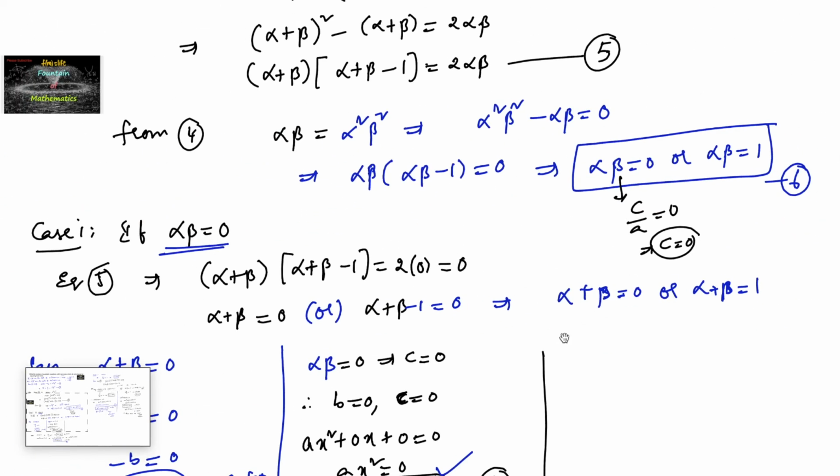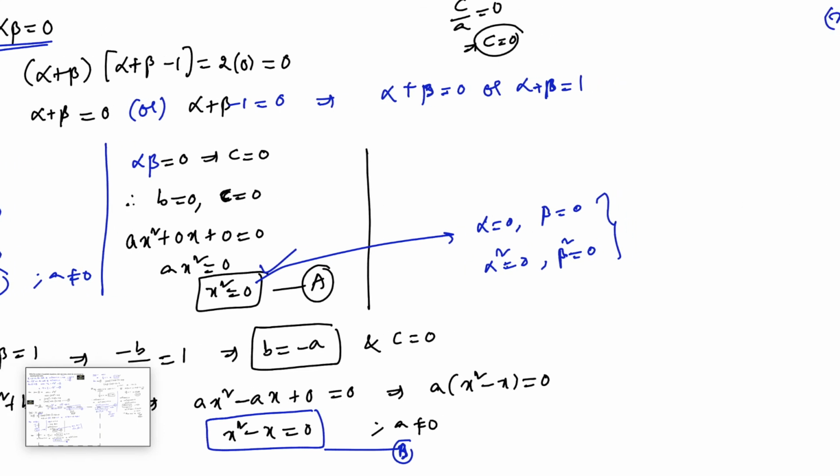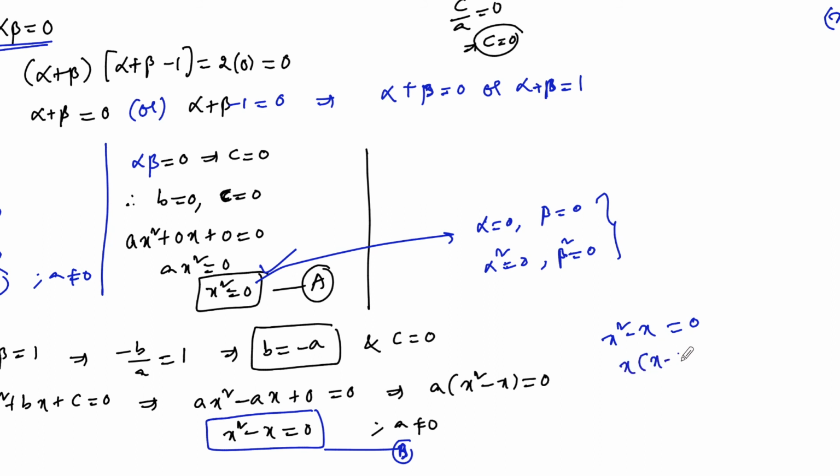So let me recall. The first equation x square is equal to 0, that is equal roots, alpha is equal to 0, beta is equal to 0. Even if you square it, alpha square is equal to 0, beta square is equal to 0, you will get the same equation. This is the first equation. And the second equation, x square minus x equals to 0. So here we are getting the roots x into x minus 1 equals to 0, that is x is equal to 0 or x is equal to 1. Say alpha is equal to 0, beta is equal to 1. Then alpha square is equal to 0, beta square is equal to 1. So even on squaring the roots you are getting the same equation.